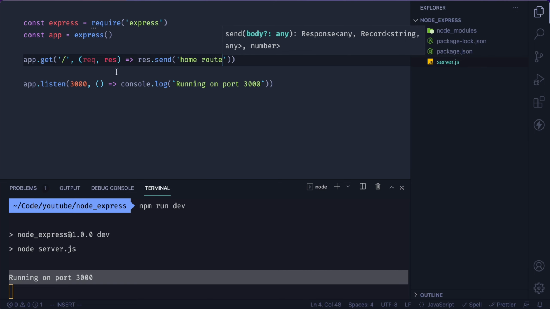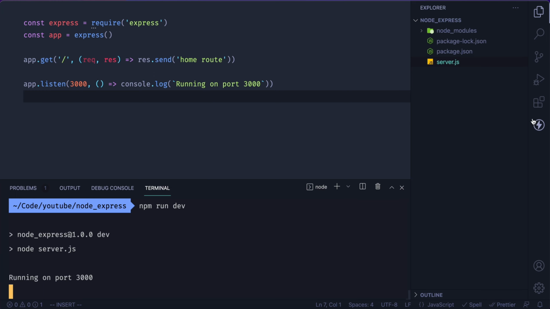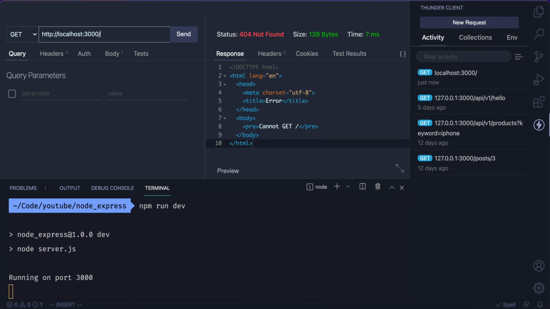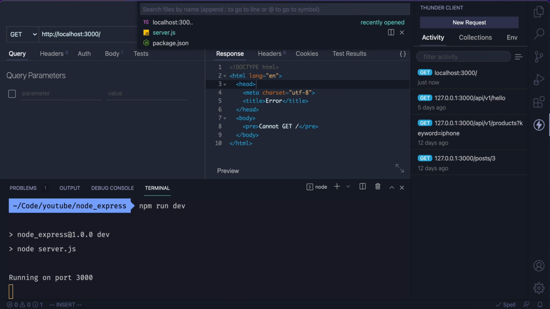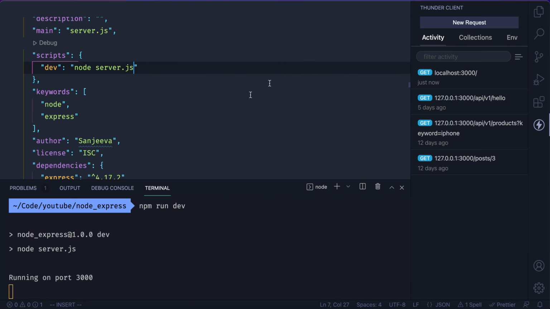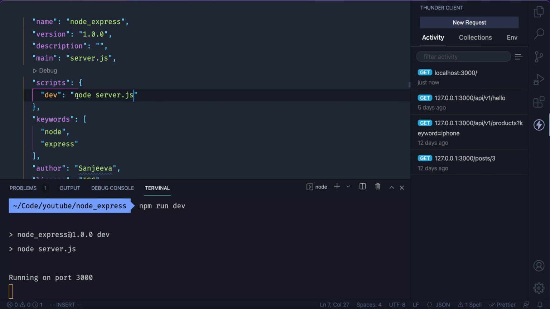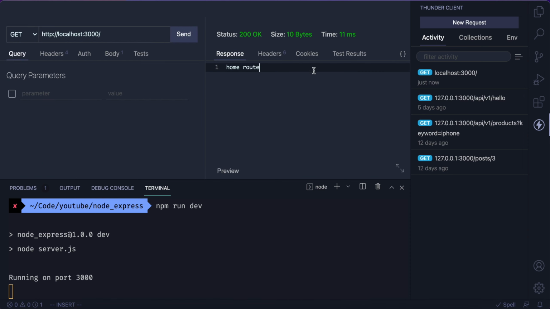Okay, now I'll go to Thunder Client. I'll just run this one, but it is showing 404 not found. Why? Because if we go to package.json, when we run npm run dev, it is running node server.js. But if we do any changes in the file, we need to stop the server and start it again. Now if we run this one, it is working, but like this we cannot do it every